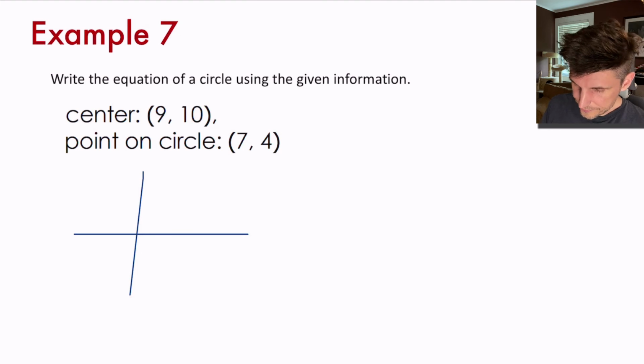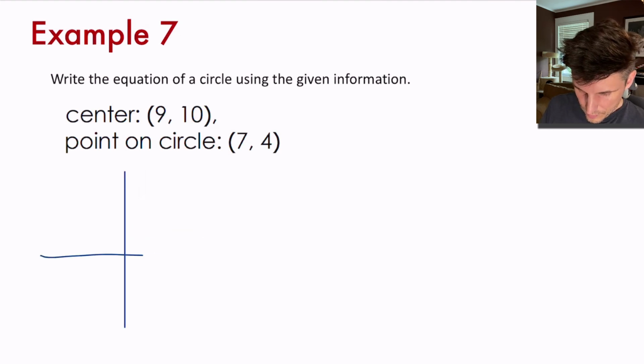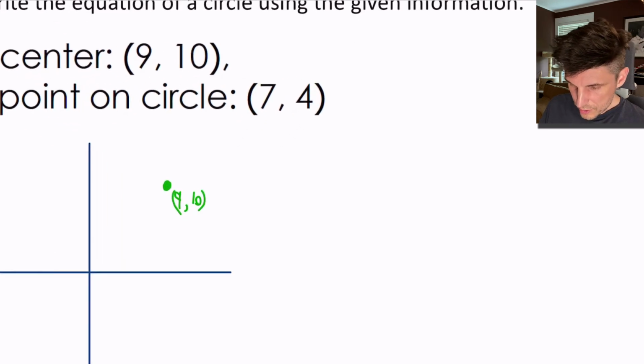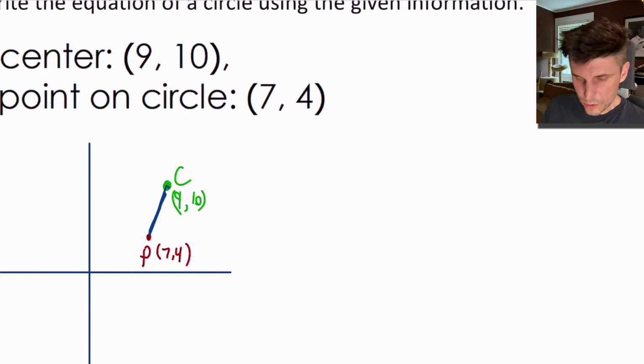So we have a y and x axis, and 9, 10 is probably somewhere over here. Again, not drawn to scale. 9, 10. And then we also have 7, 4. Let's say that's like right here. 7, 4. This distance right here, if this is my center, and this is just some random point on the edge of my circle,